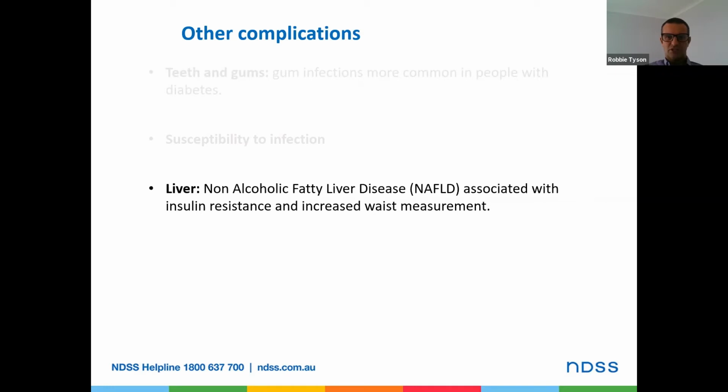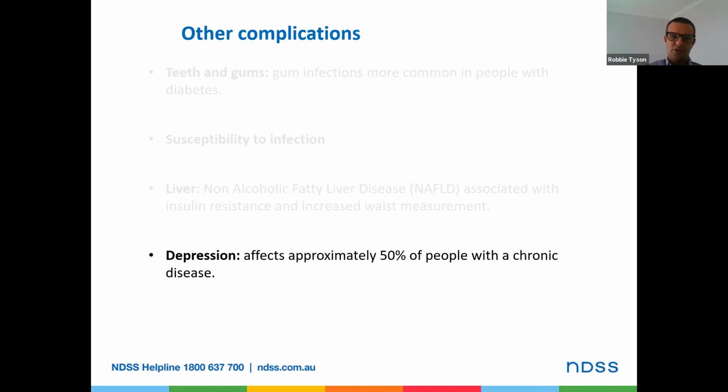This results from insulin resistance, and there is also increased risk due to increased waist measurement, because of excess fat potentially around some of the organs in the body, leading to what we call a fatty liver, the non-alcoholic form. We know there is a significant effect on mood for people living with diabetes, given it's a chronic condition, and we can't just have a day off or give it away.